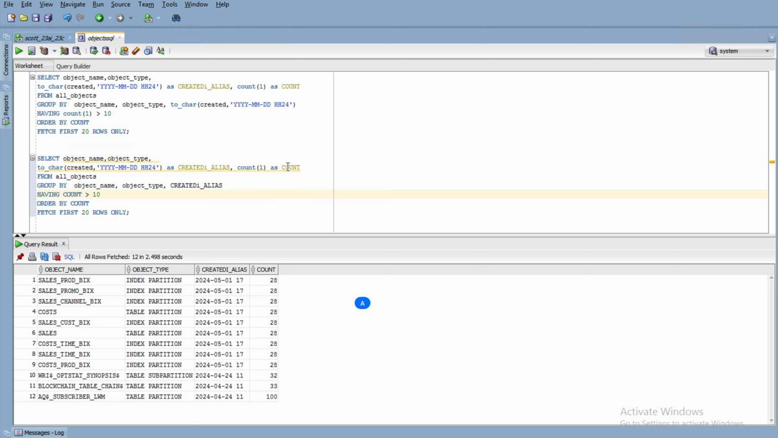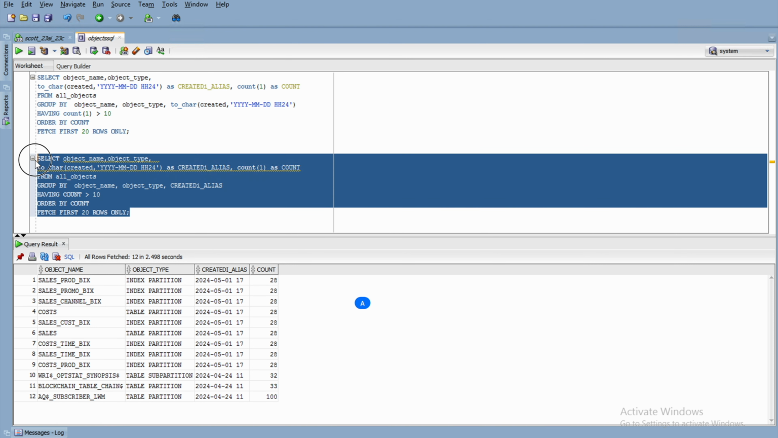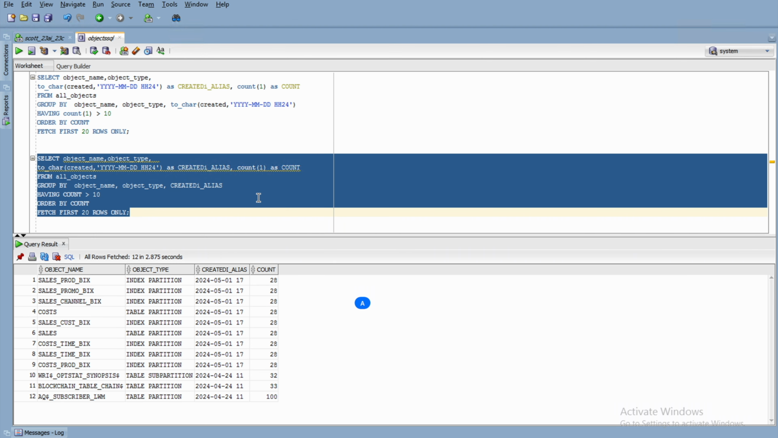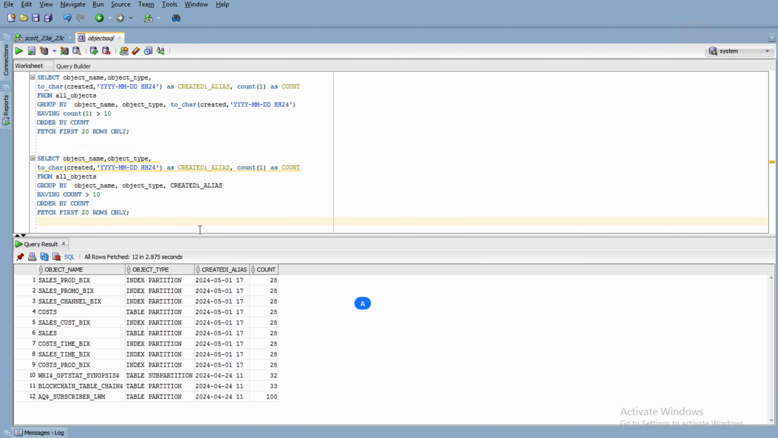So I have replaced this with the alias in the having clause, and we have order by already with an alias that was also used in our previous versions. Okay, the same result we have now. The more functions they have created for us as developers